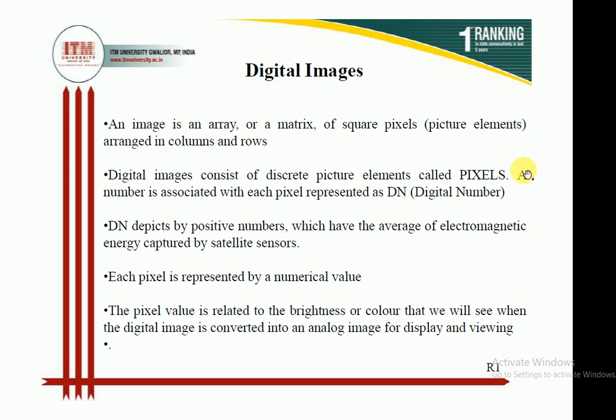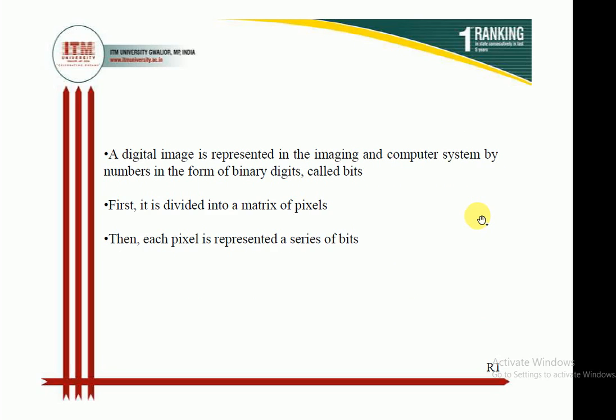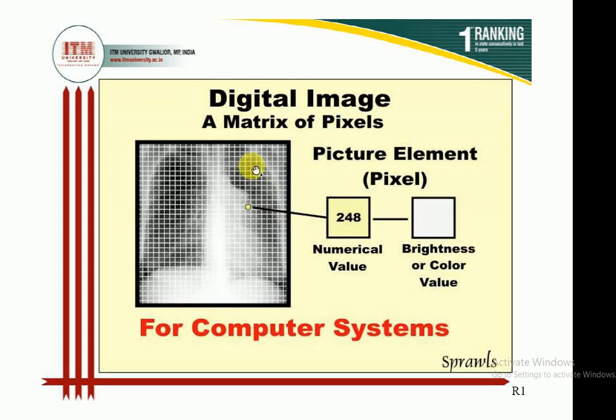The digital image is basically present in the form of bits. Here you can see that in the digital image, the image is split into many grids having rows and columns, and each rectangle represents a pixel or element of the image. The numerical value represents the radiance reflected from that particular part, and each pixel has a certain binary unit which the computer understands, and the units are called bits.